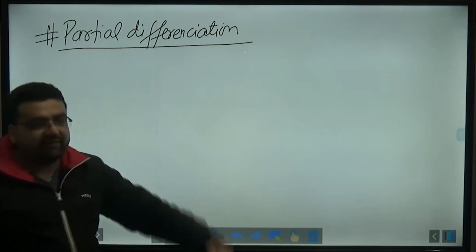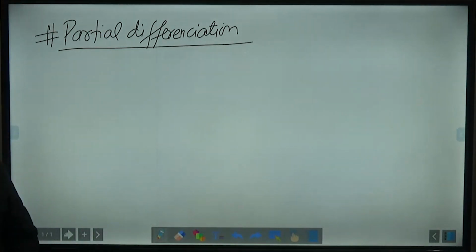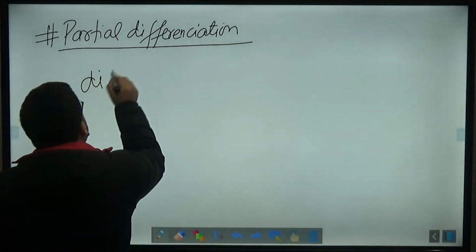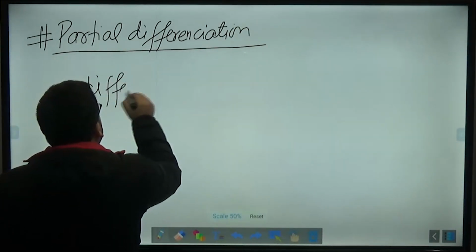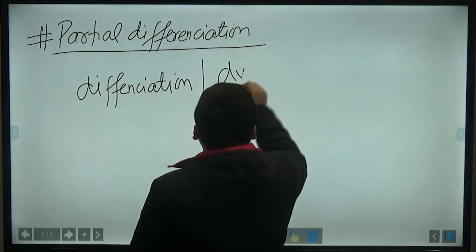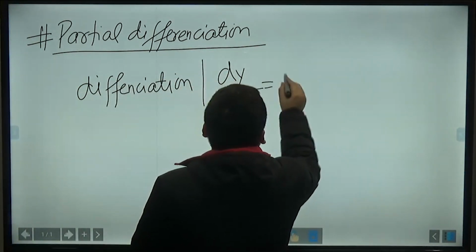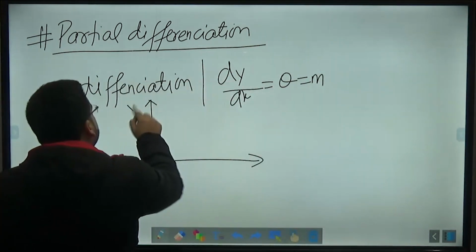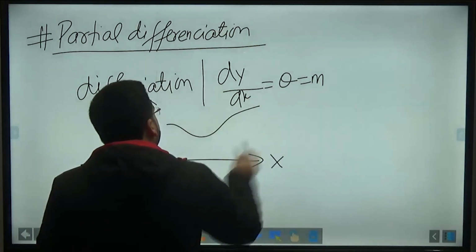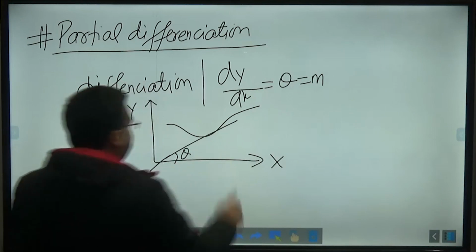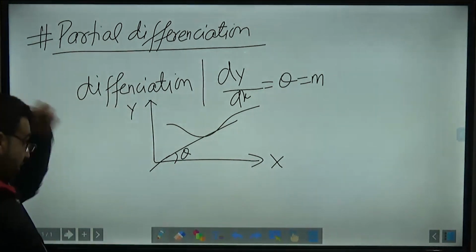Now, how to measure it? How to measure a three-dimensional thing, for which we have partial differentiation? What is the angle made by this particular surface with both the axes? That is called partial differentiation. In differentiation you are getting slope. If I am doing dy by dx, ultimately it means slope, theta or m, the slope of the line. This is the y-axis, this is my x-axis, this is some curve. If you are drawing dy by dx, it means at any point you are finding how much the slope is.